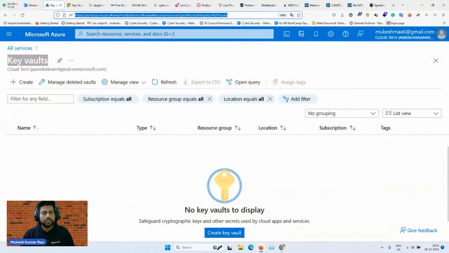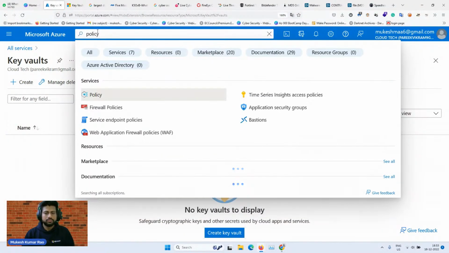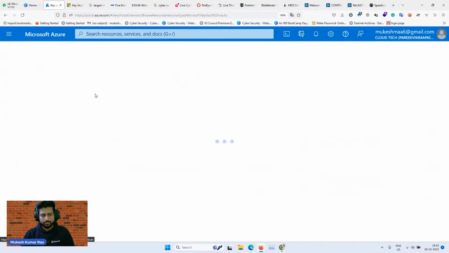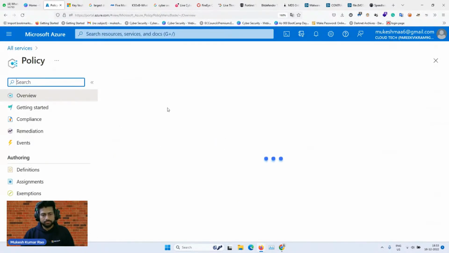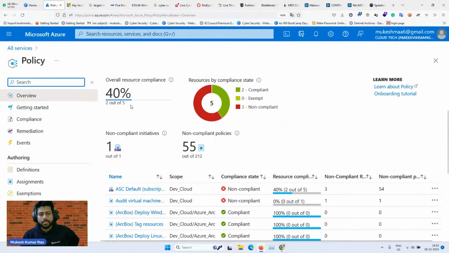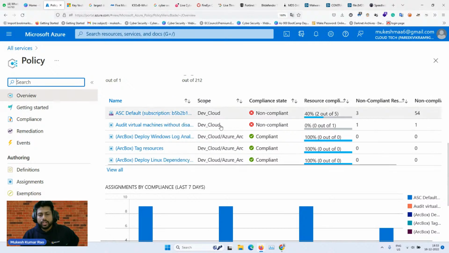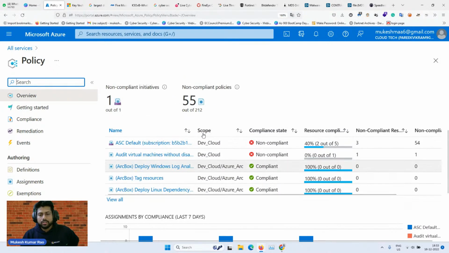So there you can just type here policy, and you will get the policy part like here. Out of five, only two are correct and three are not correct. So I have to improve this rating so that I get a dedicated update and 100% good compliance.